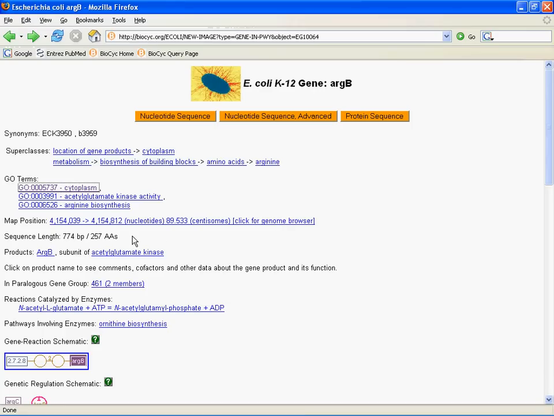Below this is the sequence length and the calculated number of amino acids, and then a link to products of the gene and any protein complexes or other complexes they may be a part of. In this case, we see that the product is ARG-B and that it's a subunit of the homomultimer acetylglutamate kinase. Then we have reactions catalyzed by the enzyme, and pathways it's involved in. The gene reaction schematic is another thing I'm going to come back to later in this presentation, but very briefly it shows the connection between genes, proteins, and their reactions. And now as I page down,